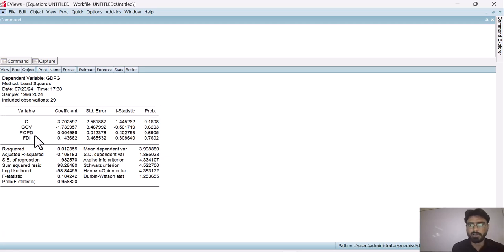So for a good fitted model, or for saying that our independent variables are explaining our dependent variable, it should be at least 60% or more.